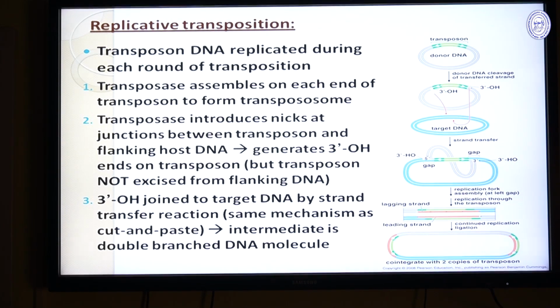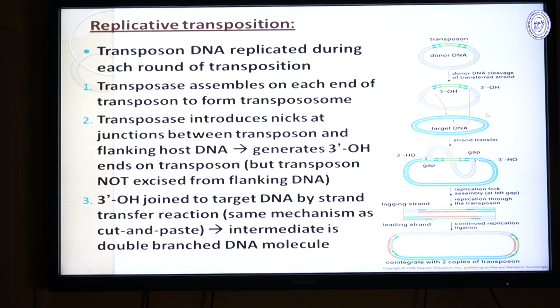So there is one particular kind of transposon. You can see in the diagram, please concentrate on the right hand side. In the first step of the diagram, it is written as donor DNA. There is a light green and a dark green part, which is the transposon, present in the donor DNA. Now this transposon needs to get replicated first, and then the newly replicated daughter DNA that is produced will now get inserted into the target DNA.